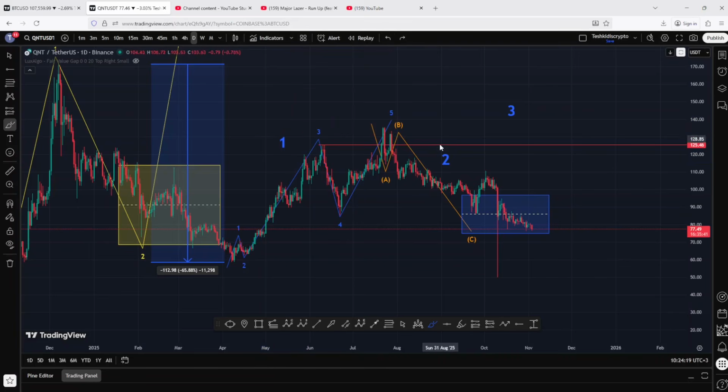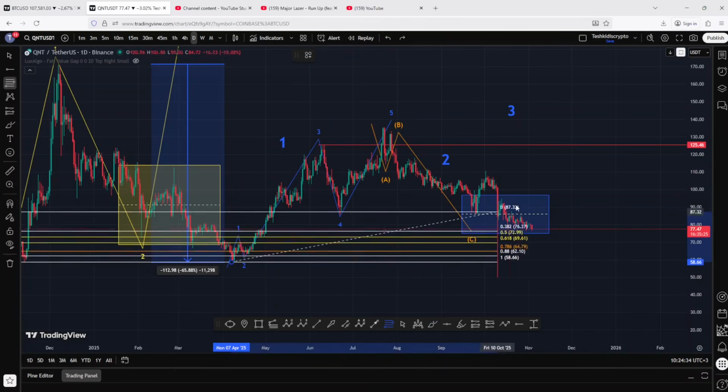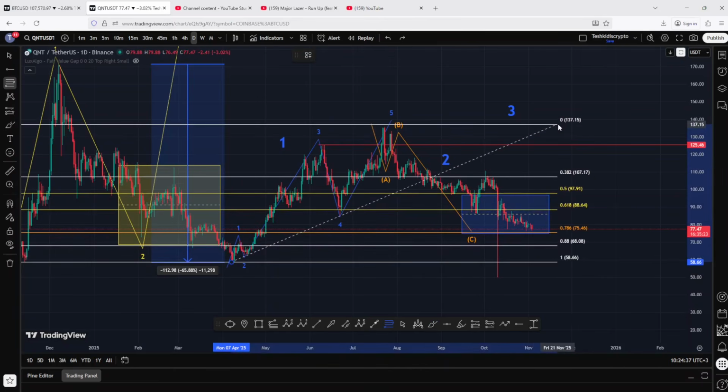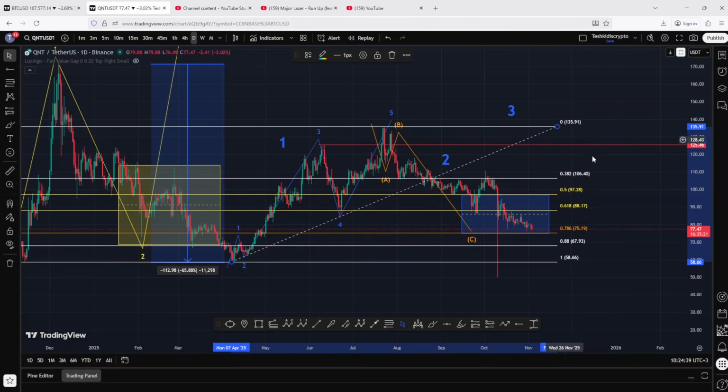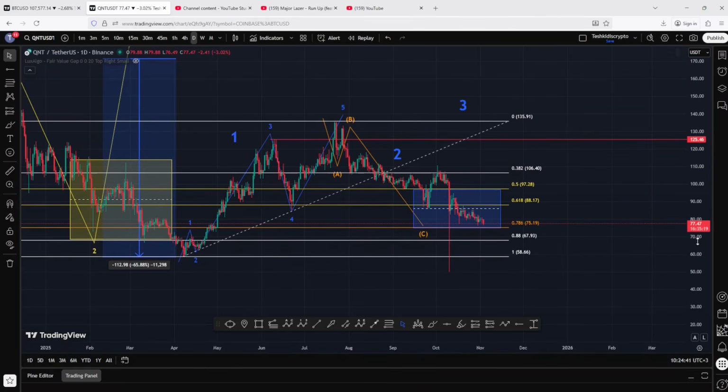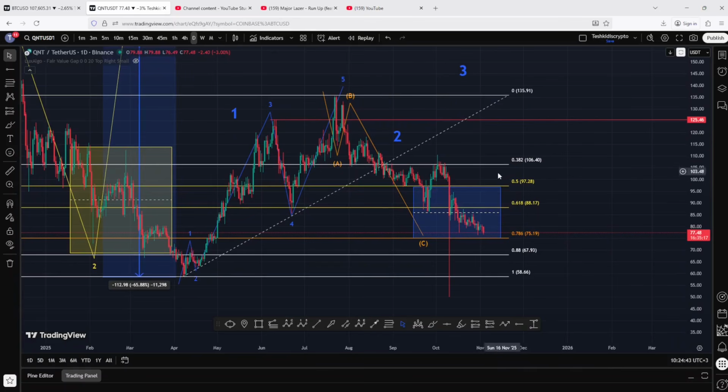Then we saw a bit of a breakdown move in the formation of this second wave, which I believe is still unfolding. And the minimum target areas for that second wave were given by connecting the fibs from the lows we made in the formation of that first wave all the way to the highs we made in the formation of that wave 1. And in so doing, you can see that my target area is between the fib level 0.5 all the way to the 0.786, an area that we have now almost fully maximized, and there's a very